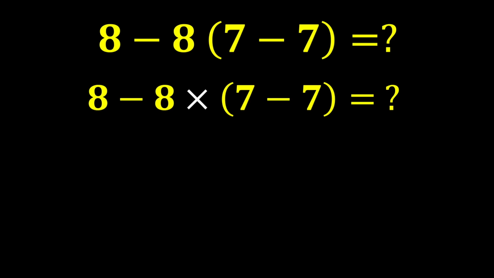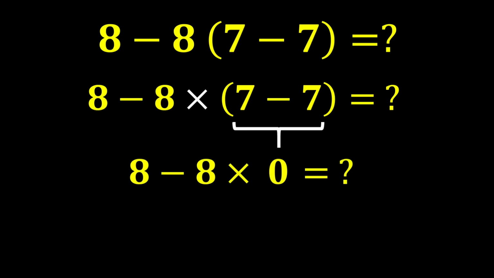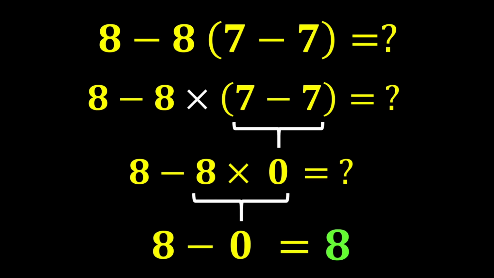According to PEMDAS, in this expression, we must first calculate the parentheses. 7 minus 7 equals 0, and the expression becomes 8 minus 8, multiplied by 0. Now, in this expression, there is one subtraction and one multiplication. According to PEMDAS, multiplication has a higher priority than subtraction, so we perform the multiplication first, and then we do the subtraction. 8 multiplied by 0 equals 0, and finally, 8 minus 0 equals 8, which is our correct final